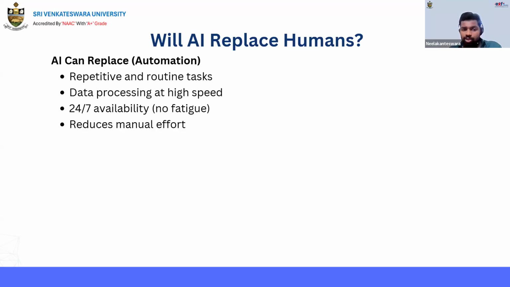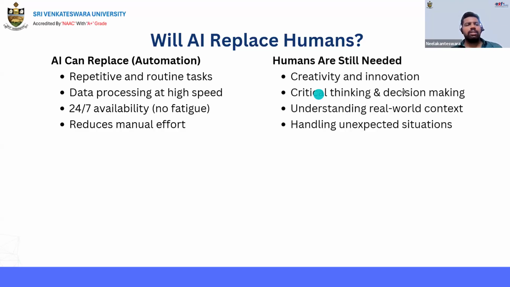So in these situations AI can replace, but still humans are needed, and AI will not replace in some fields. Humans are still needed in creativity and innovation, critical thinking and decision making, where understanding of real world context is needed, and where handling unexpected situations. So it is not replaced in these fields.